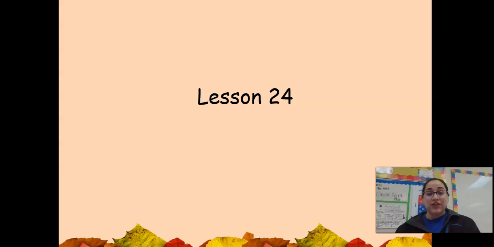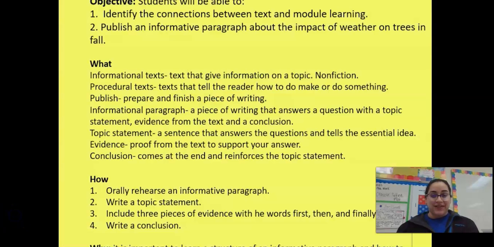So today we're going to finish lesson 24. We did start this on Monday, and I know that we were able to do our informative paragraph. For my homeroom and Mrs. Allen's homeroom, I did speed up at the last part, so I will touch base a little bit about the checklist today with you all. We're going to finish lesson 24, and that just makes us one more lesson closer to our ENA module. Isn't that exciting? So let's get started.